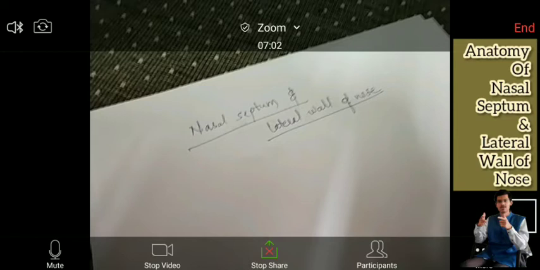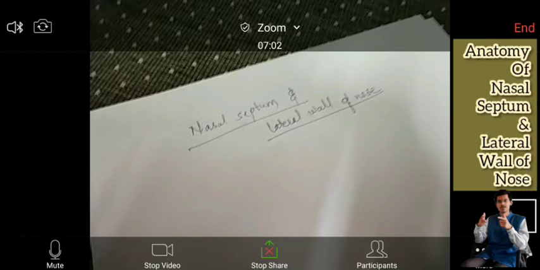Now what do you see? See, this complete nasal septum is an osteocartilaginous partition. Osteocartilaginous means what? Osteo means bone, cartilaginous is cartilage. So you can see that there is a cartilaginous septum. If you put your finger into the nose, I'm asking you something very weird to do, you will see that in the front, at the center part of the nasal septum, you can easily move it in front. I mean the front part. Why? Because it's the septal cartilaginous part.